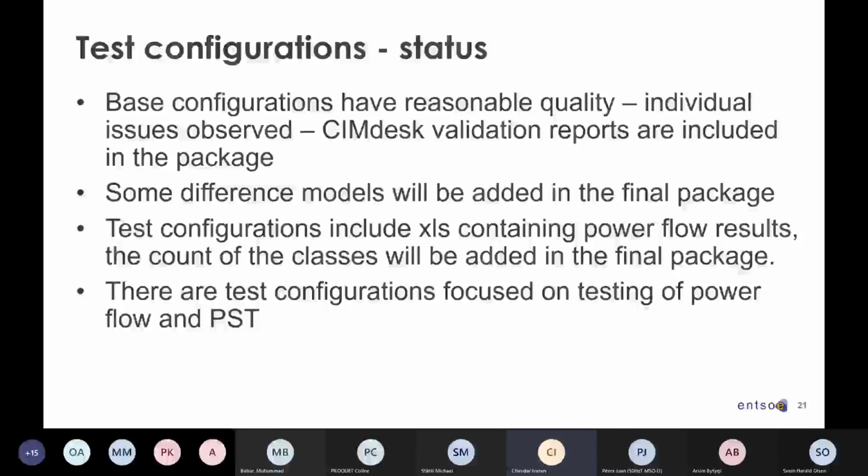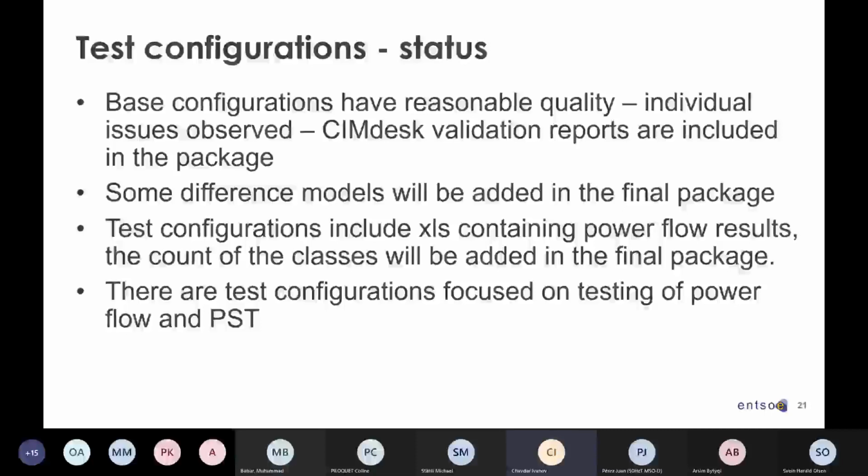We still have to include the difference models for microgrid. The agreement there was that we are not going to have too many different files for different test configurations. So we will only have one set for microgrid, going from the base case to type 1, just to have some demonstrations on that.